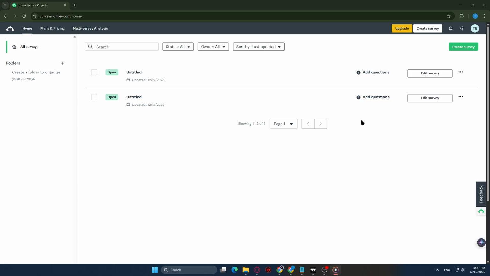First, head to the SurveyMonkey website and sign in. Make sure you're on a reliable connection and, if possible, use a modern browser for the smoothest experience. Once you're in, you'll land on your dashboard where you can see your existing projects. Find the survey you want to share and open it. If you're working with a draft, confirm your questions and settings are saved so the link you share reflects the